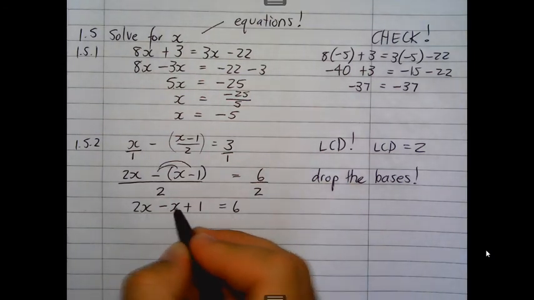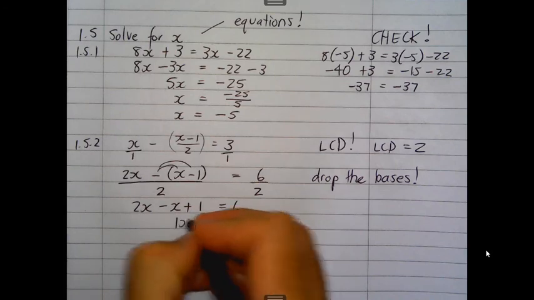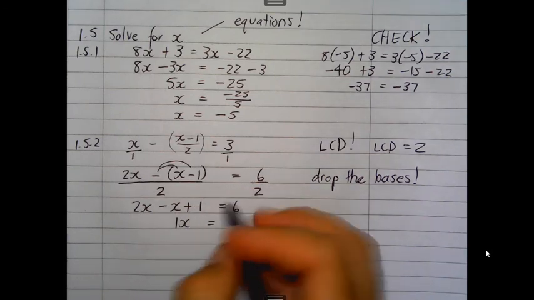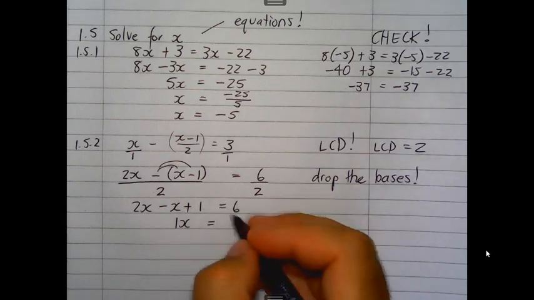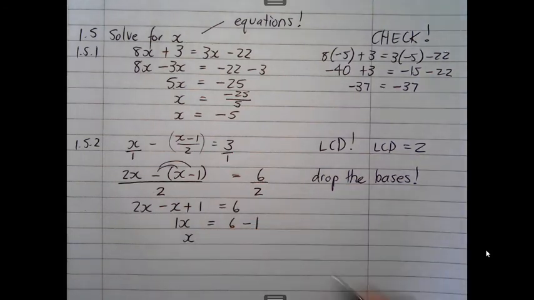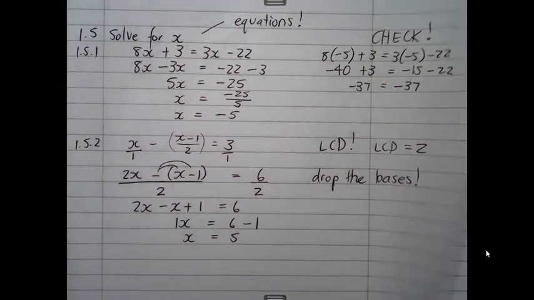2x minus x is 1x. I'm going to move that 1 to the other side. In other words, subtract 1 on both sides. And 6 minus 1 will leave my answer x equals 5. And there is my answer. Once again, you're welcome to substitute it back into the original question and see if your left-hand side equals your right-hand side. Last question,